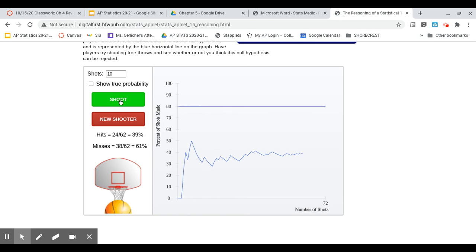Let's do 2 more groups of 10 here. She's at 40%. Do 1 more group of 10. So 38%. Okay, so looking at this graph, what we're seeing is that horizontal line up at 80 is what she said,